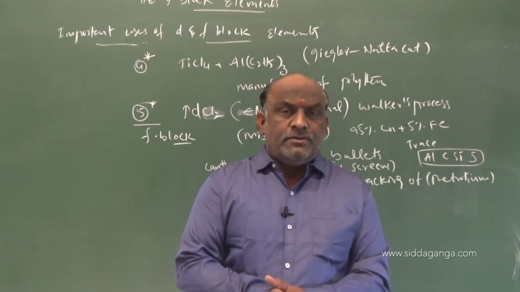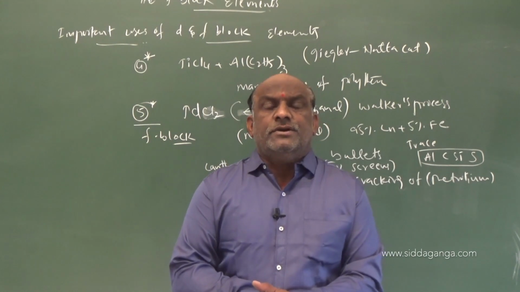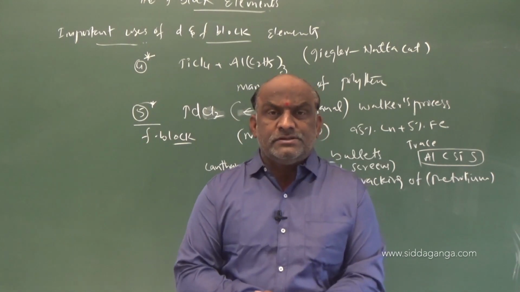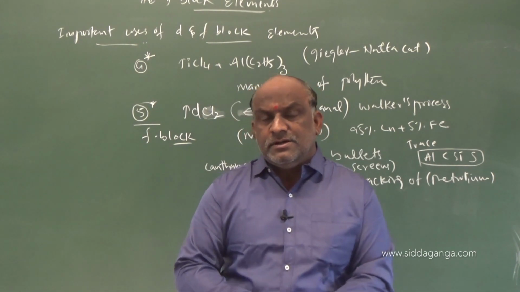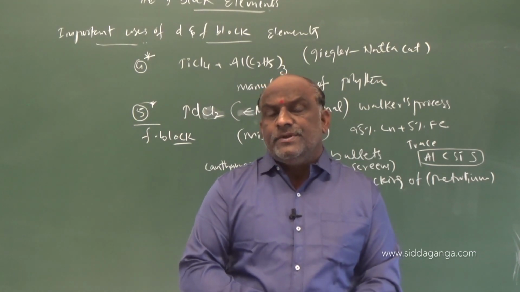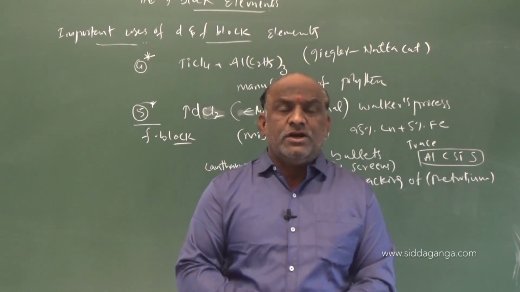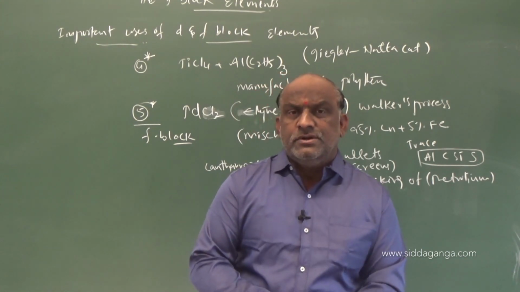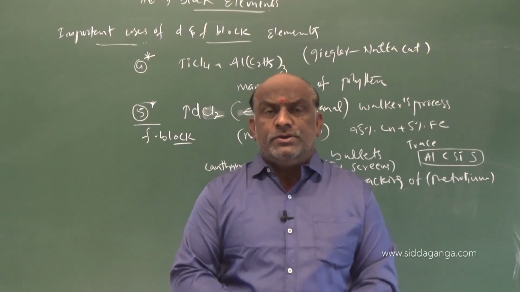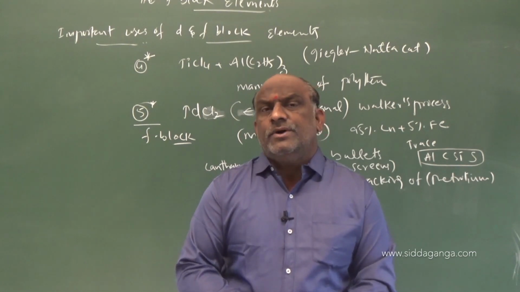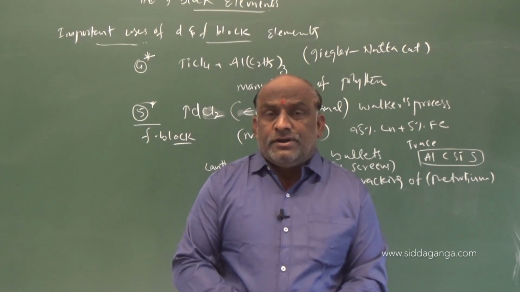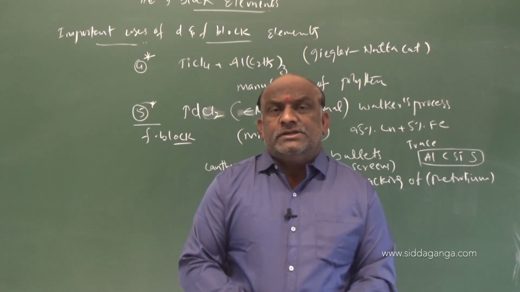Especially the special and characteristic properties of D block elements: I said (n-1)d with 10 plus 2, magnetic properties. Some transition elements exhibit color, complex compounds, catalyst behavior, interstitial compounds. We should concentrate on the properties and uses of interstitial compounds, and the preparation and properties of KMnO4 and K2Cr2O7. Those are all very important from the board as well as examination point of view. So don't neglect, read properly and apply the skills to solve the bits.